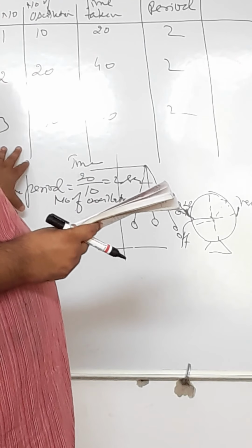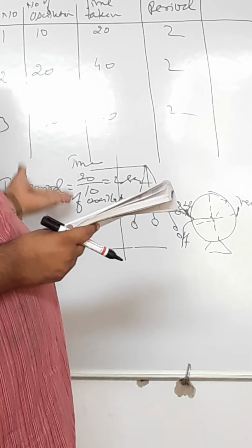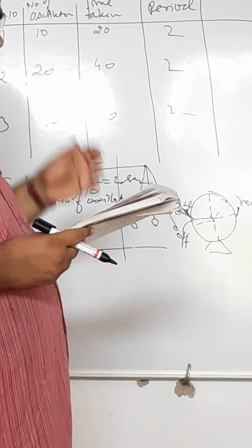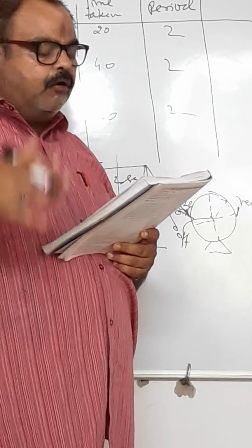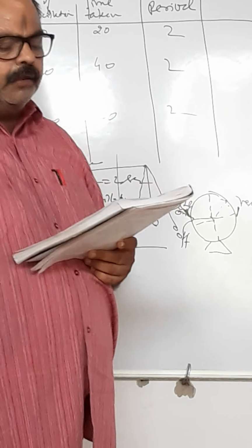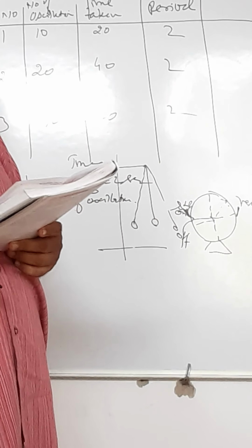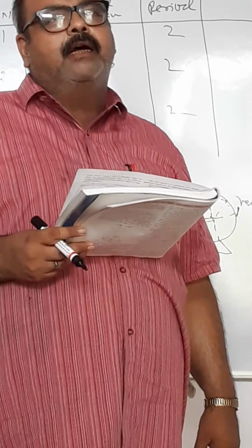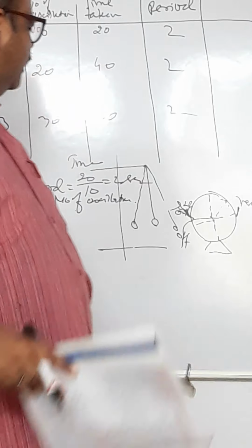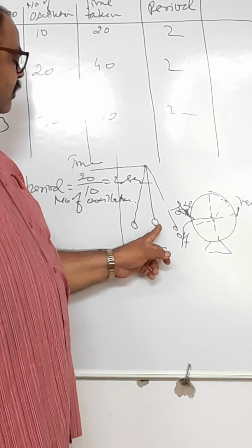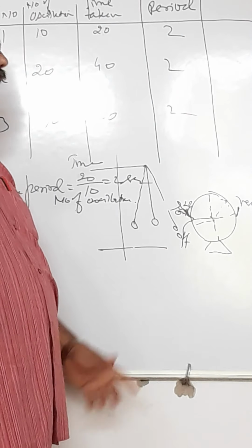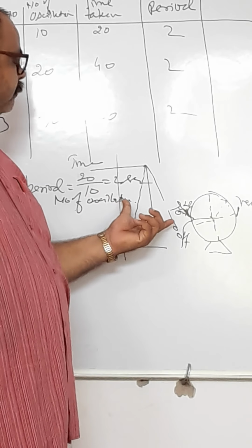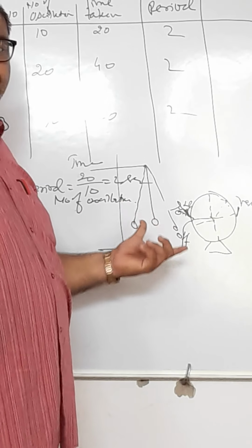In the second experiment, the length is changed. One more calculation will be given. The length is 10 centimeters, 20 centimeters, 30 centimeters, like this, either in increasing or decreasing order. When the length of the pendulum is made 4 times, the time period gets double. The time period does not depend upon the mass of the body and the amplitude of the body, but it depends upon the length.